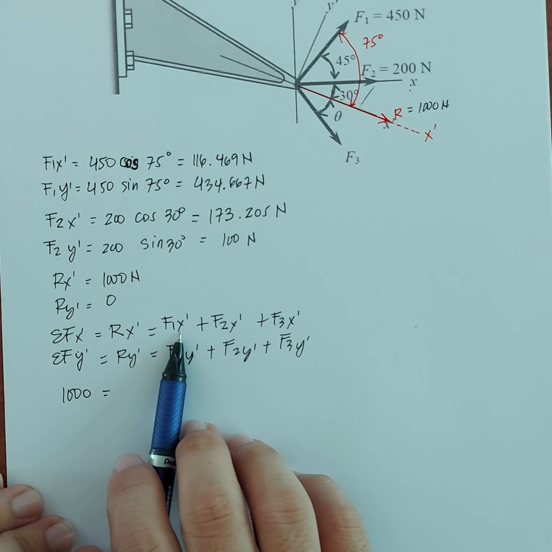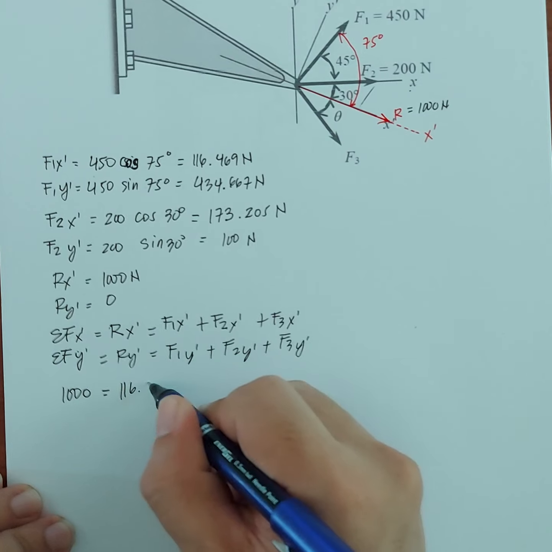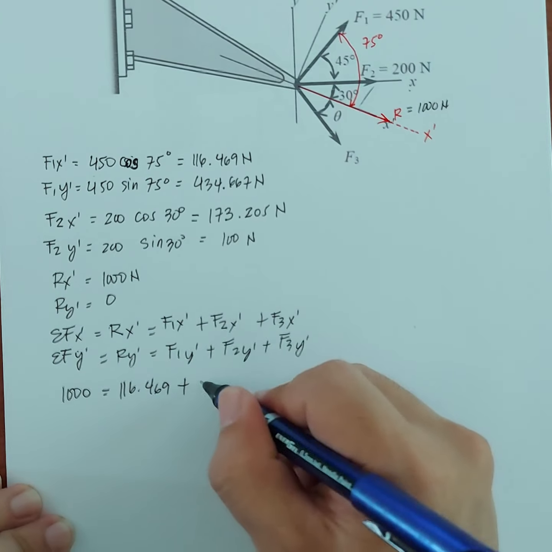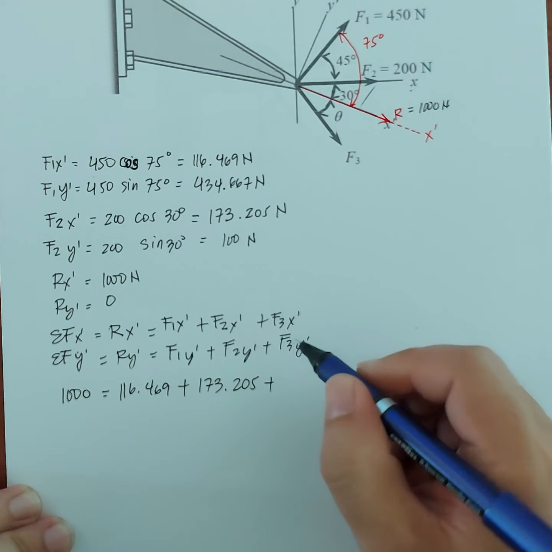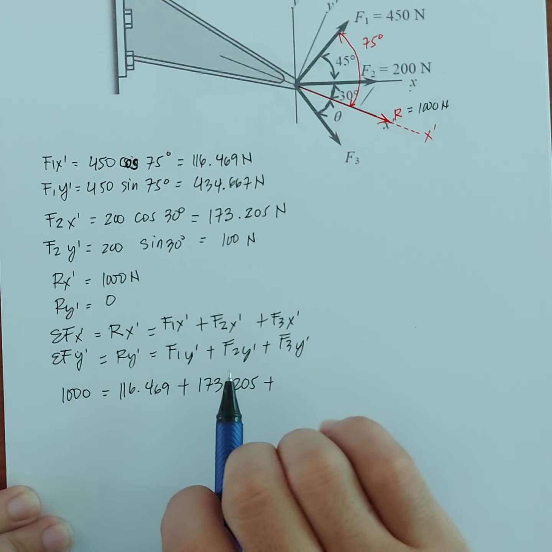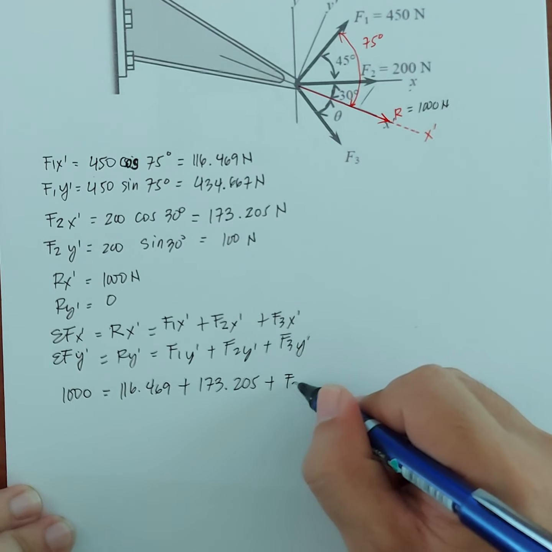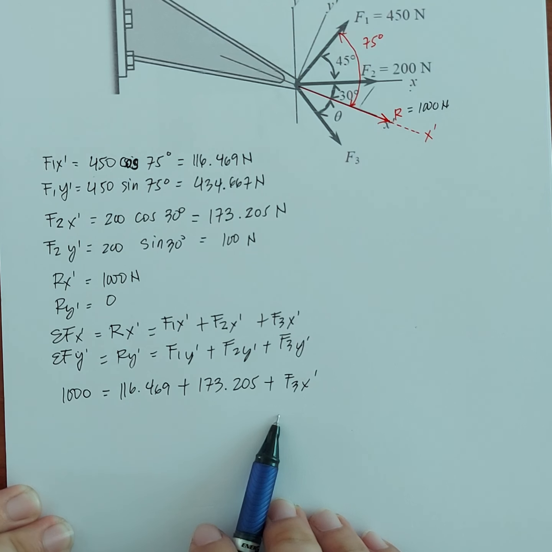F1x prime is 116. F2x prime is 173.205 plus F3x prime, which is unknown. So with this, we can solve for F3x prime, which is equal to